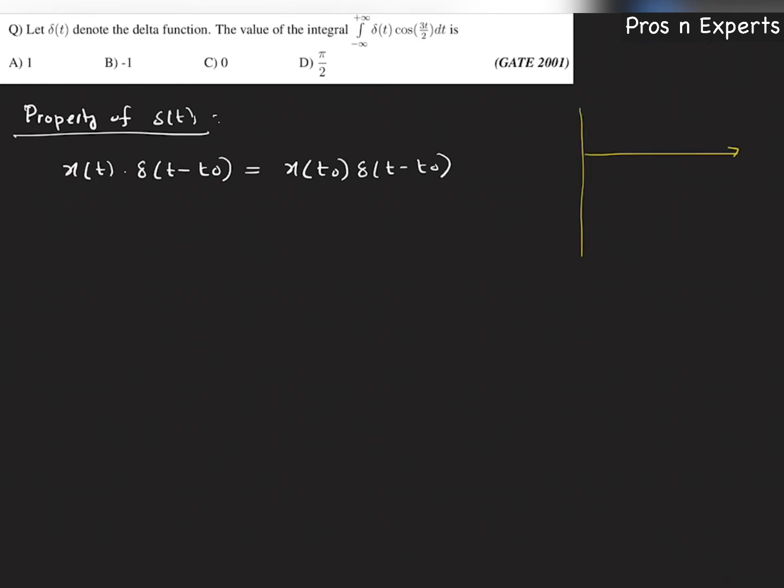Consider any signal x of t like this. Now I'm drawing delta of t minus t0. Delta of t minus t0 is nothing but an impulse at t0. Okay, this is delta of t minus t0. Now, when you multiply these two signals, x of t and delta of t minus t0,